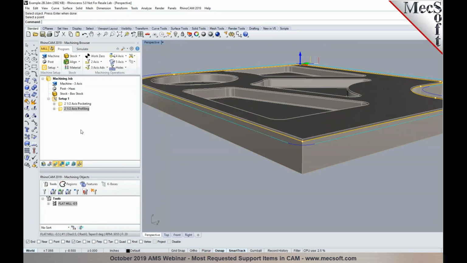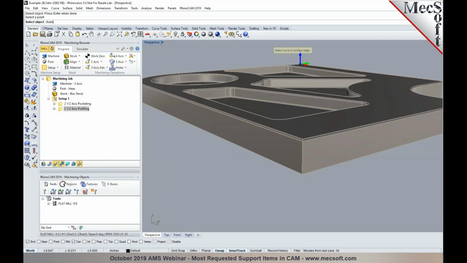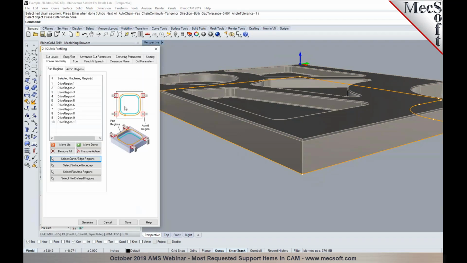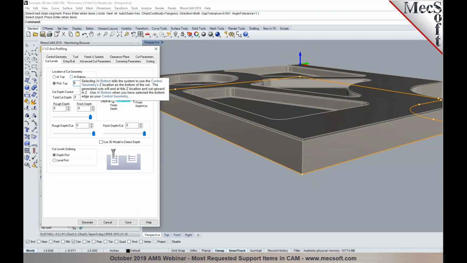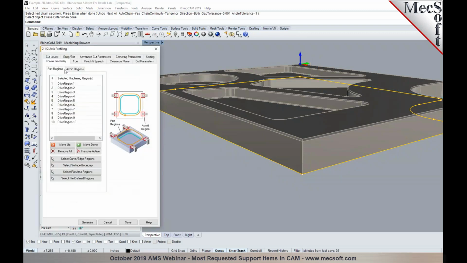Now, you could have selected the bottom edge around the part in this particular example. Selecting bottom and specifying the location of cut geometry to be at bottom will ensure that the cuts will not go below the bottom level where you selected. So if you need to go slightly below the bottom of the part by a few thousandths to relieve the material, you would want to make sure that you use the option as pick top